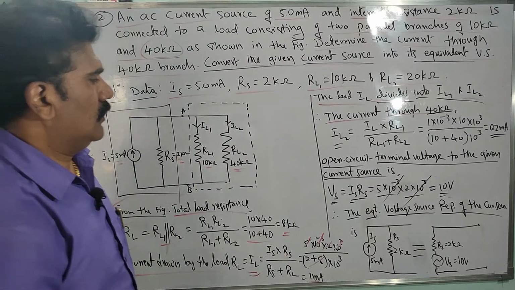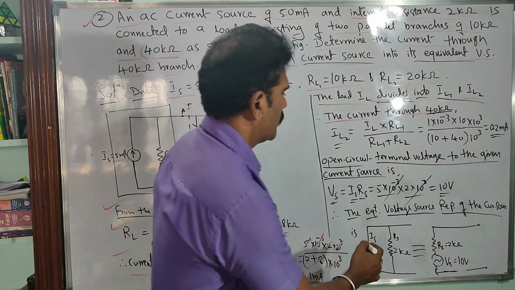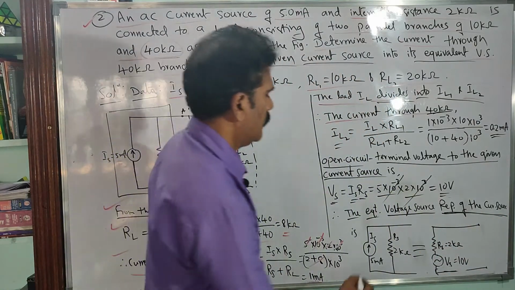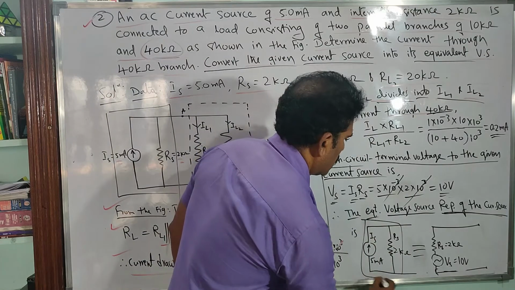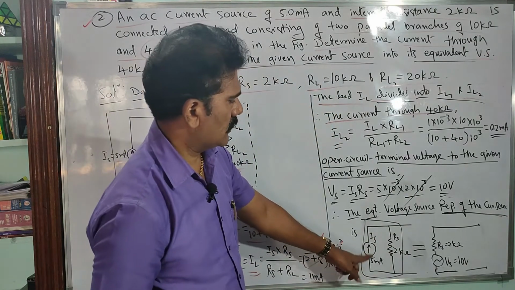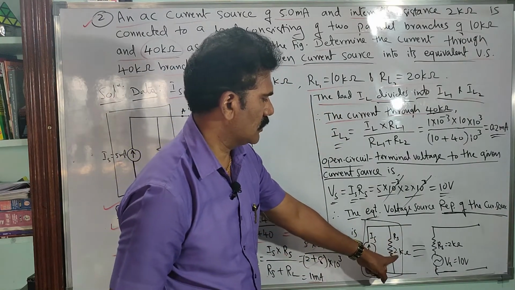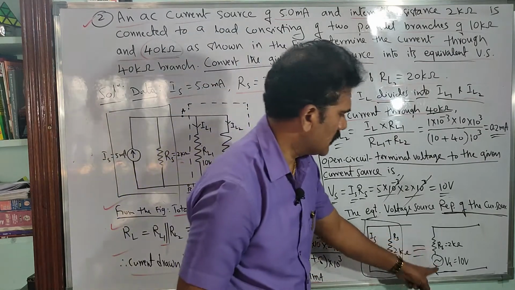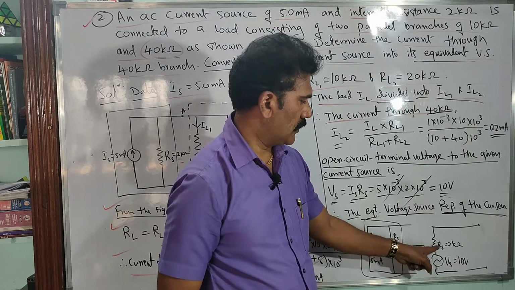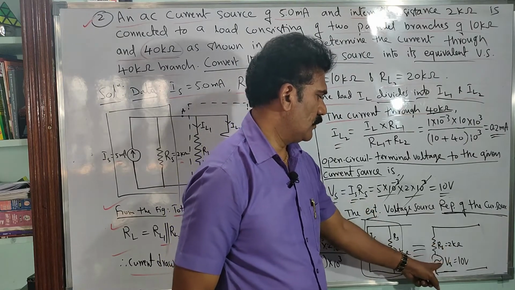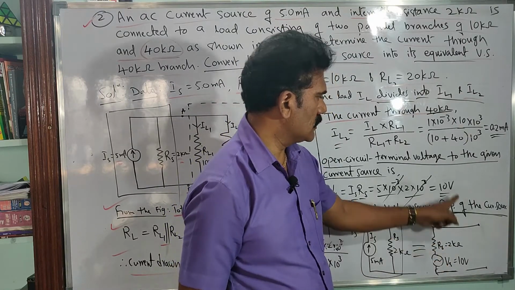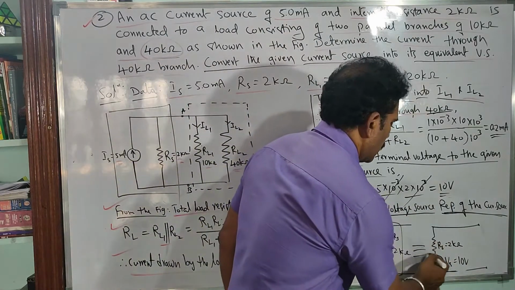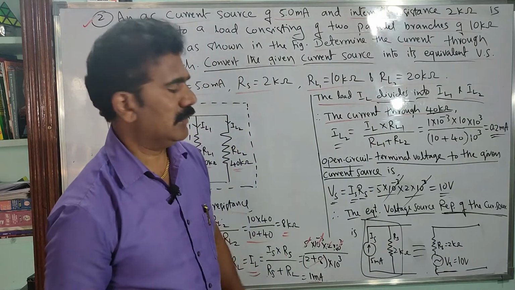Okay. So now write down that diagram, the equivalent voltage source representation of the current source. So this is the current source and the representation is Is, actually 5 milliamperes, right? Rs is equal to 2 kilo ohms. So instead of connecting that resistor in parallel, now connect it in series with the voltage source. Rs is the same 2 kilo ohms, and Vs is connected now in series. So the Vs value is this one, 10 volts. Okay. So this will become the equivalent representation for the given current source.